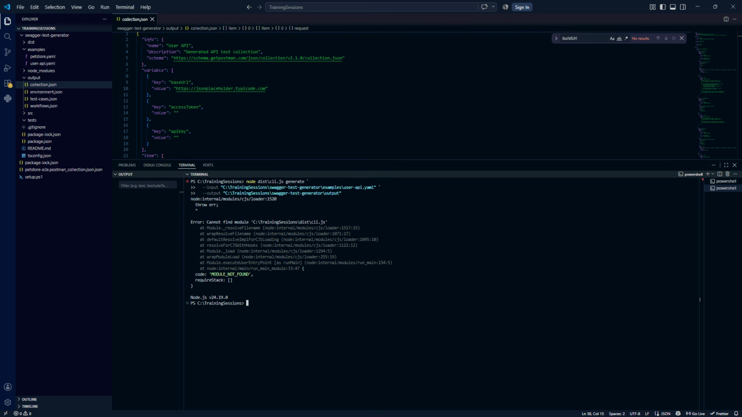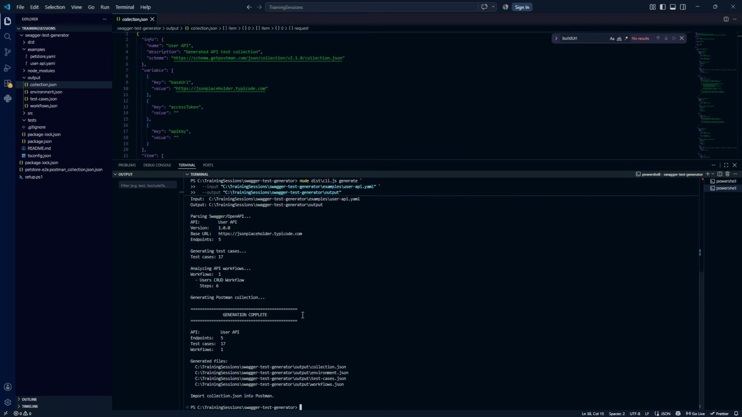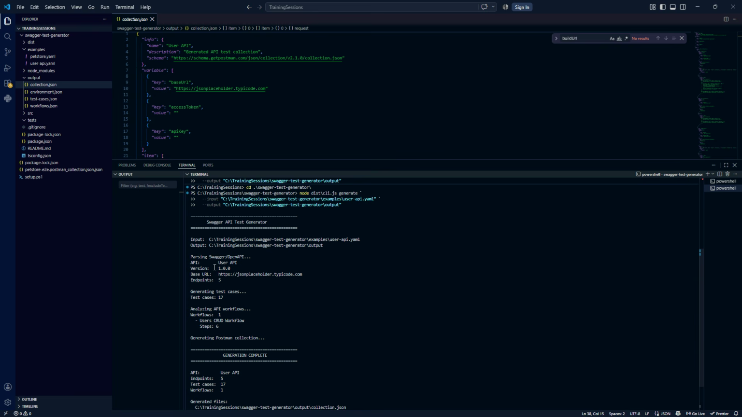You see here, I need to be in the Swagger folder. So I'll just switch to the Swagger folder because I'm executing the command from there, and the Node.js module exists inside the generator only. After the execution, as you can see, the summary is telling us